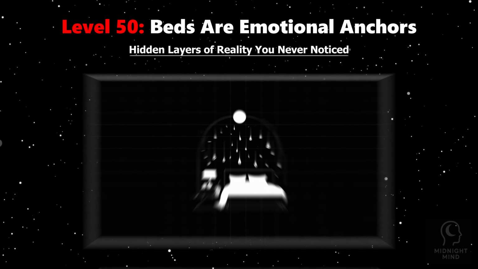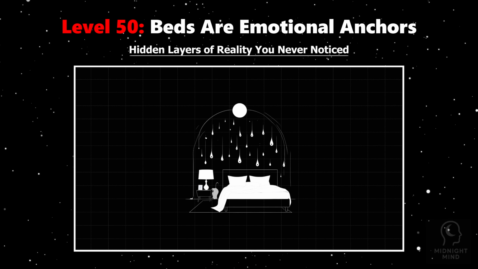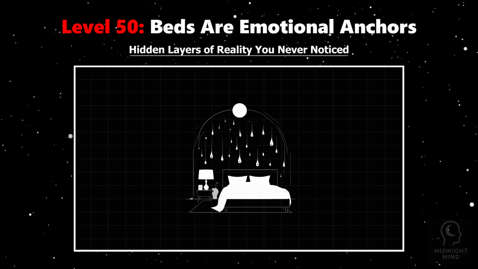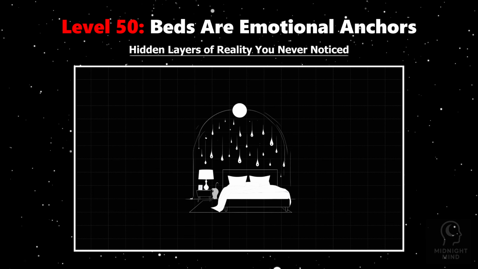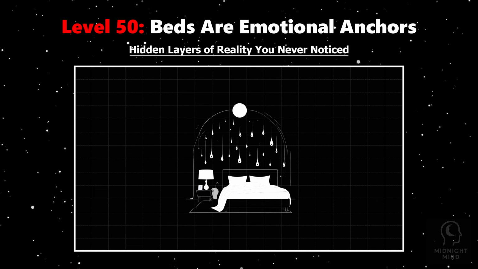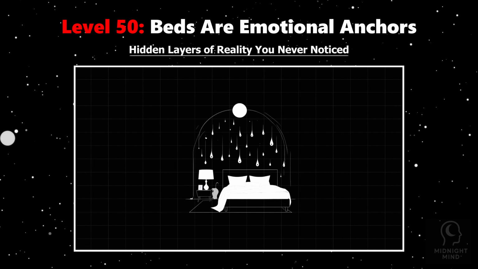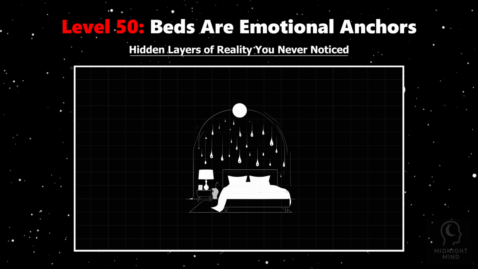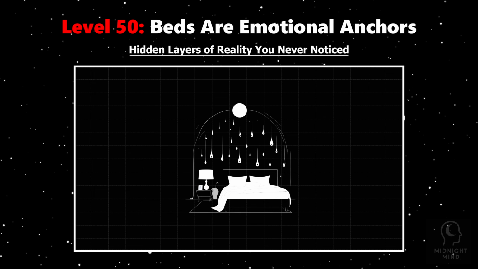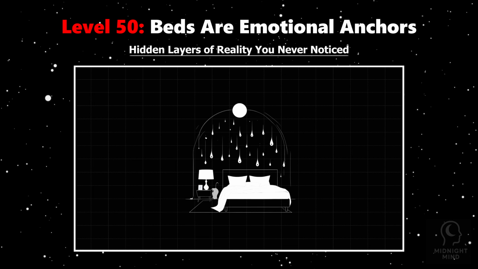Imagine your bed as more than just a place to rest, as a silent witness to your most intense emotions, a stage where your inner life unfolds. Neuroscience and psychology reveal that physical spaces, like your bed, become deeply intertwined with your emotional memories, anchoring feelings of joy, fear, sorrow, and hope. Each night, as you lay down, your brain links this familiar environment with the emotional states experienced there, from peaceful dreams to moments of breakdown.